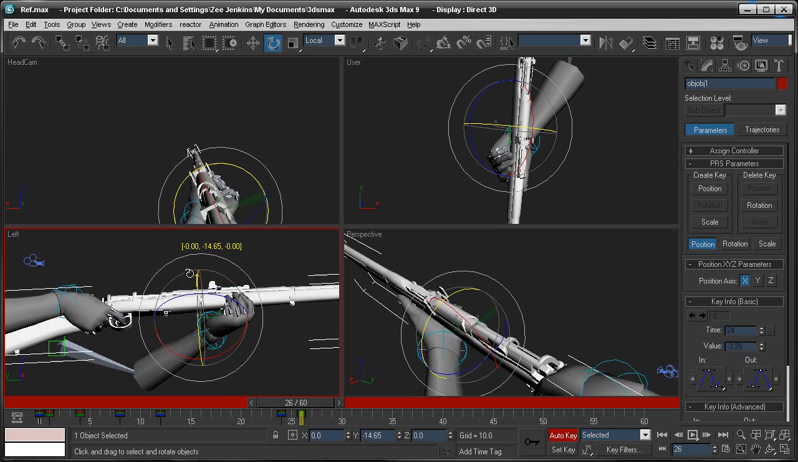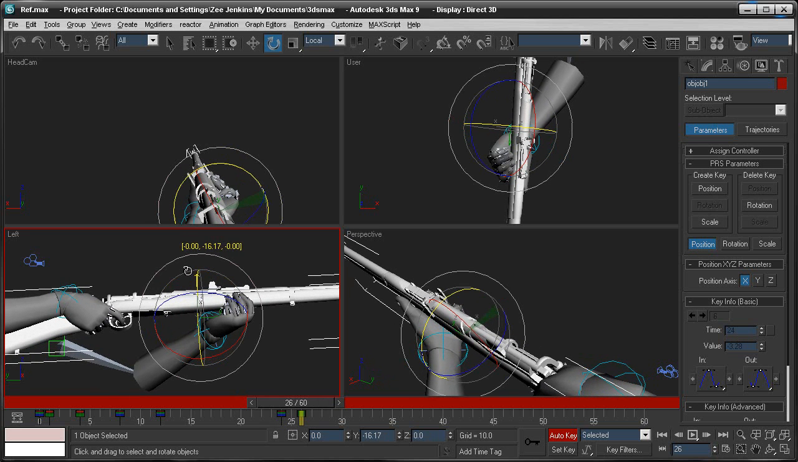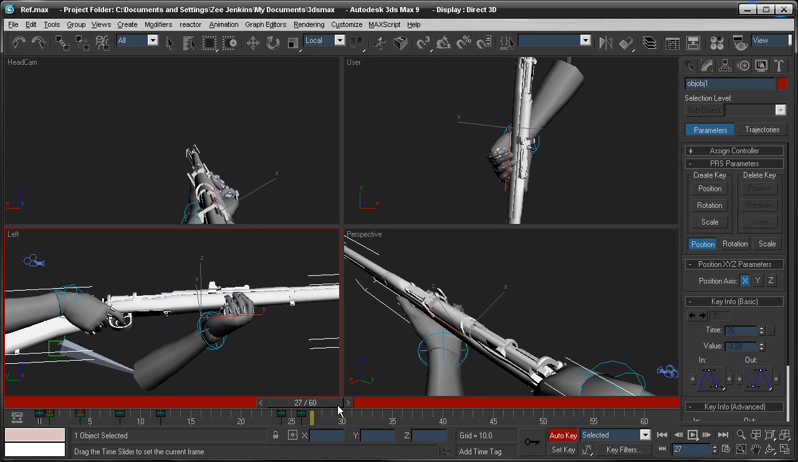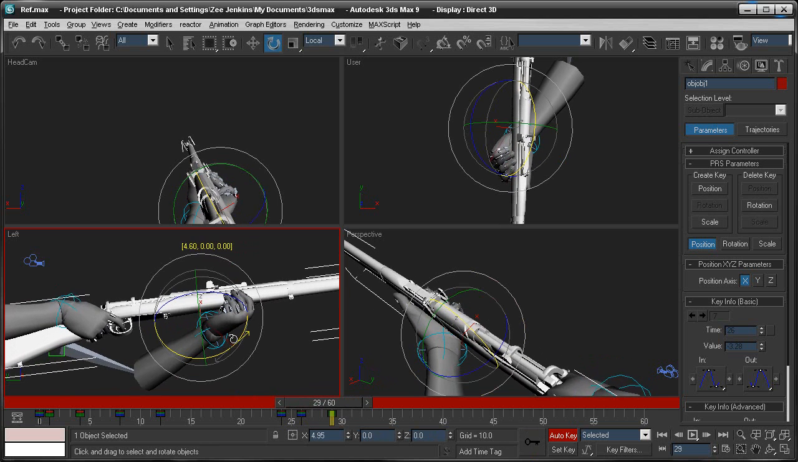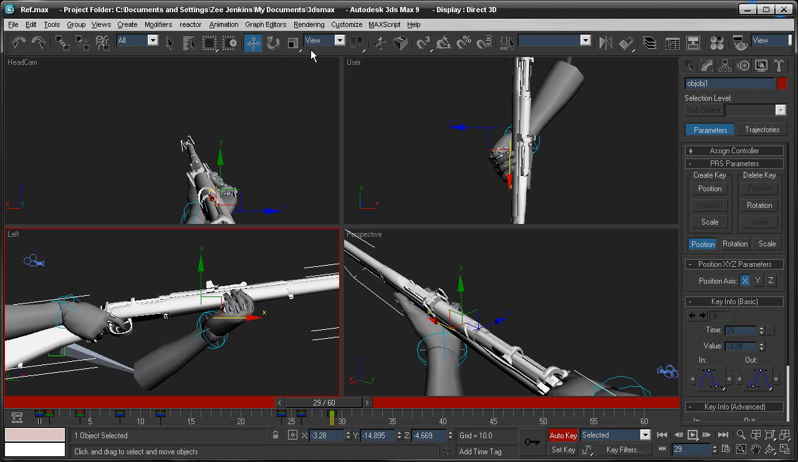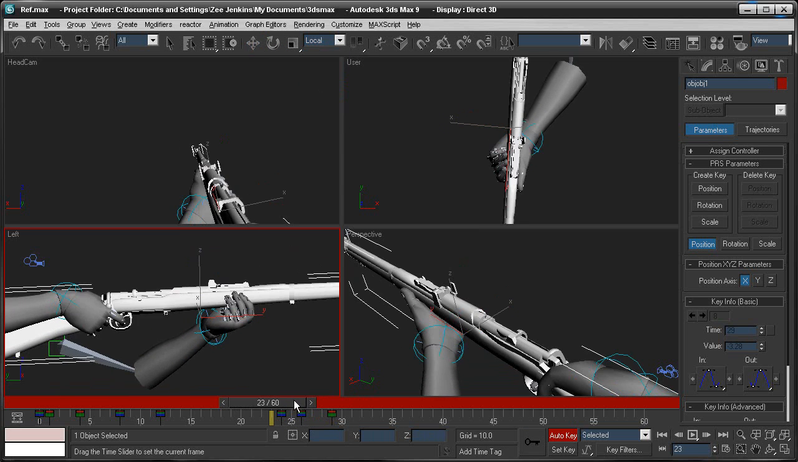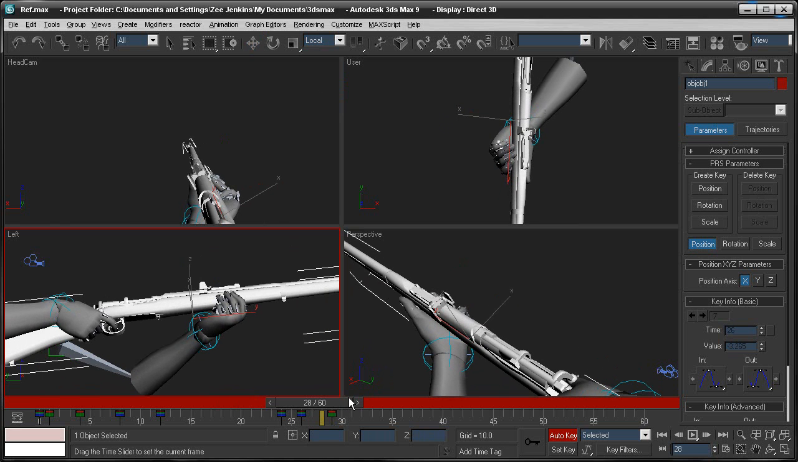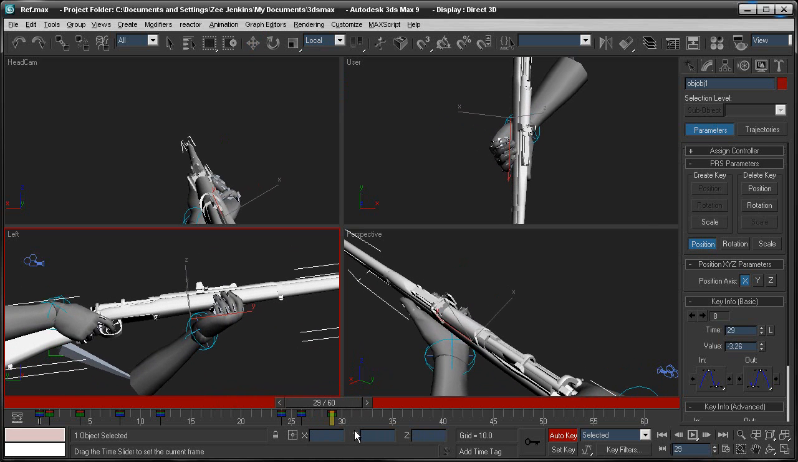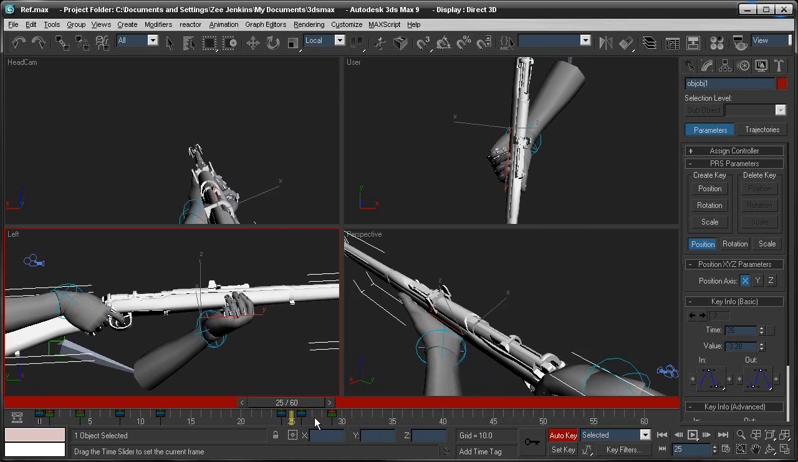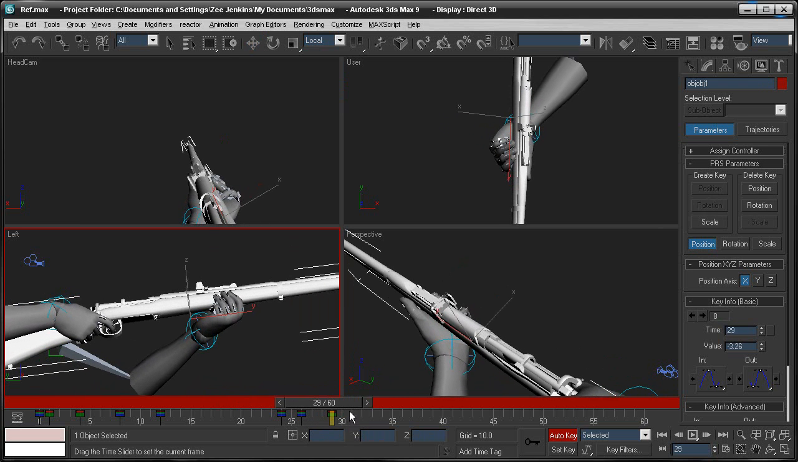By doing this, I'm gonna make him pull the bolt up, keyframe, and then pull the bolt back, making the gun go back. Switch this to local so it follows the gun. I usually animate the gun first and then animate other parts to it. So he pulls the bolt back,